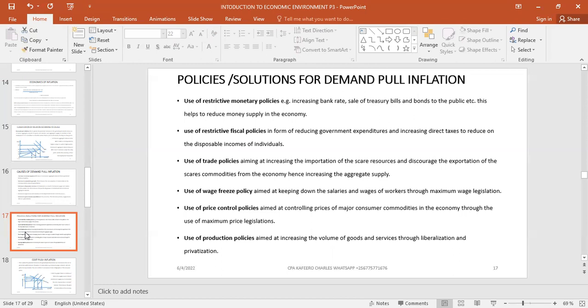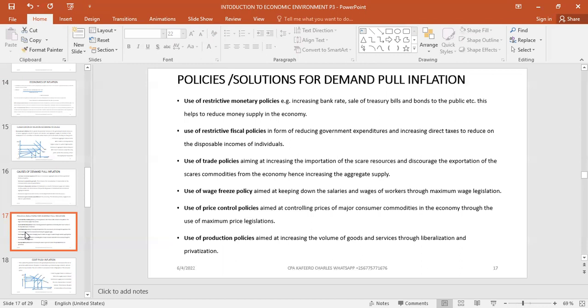So when we put the maximum price, then instead of having an increment in the prices of goods and services, we have a point where the price is supposed to end. By doing so, we are reducing inflation. Last one